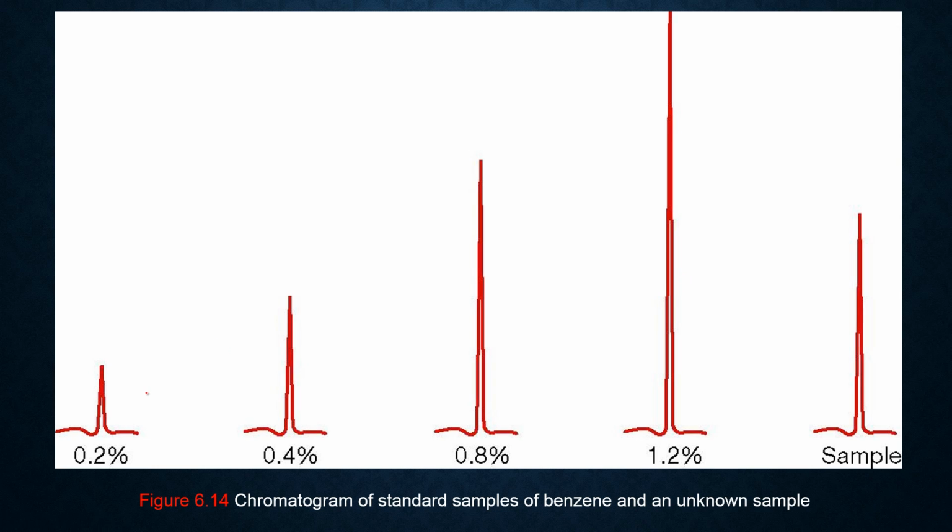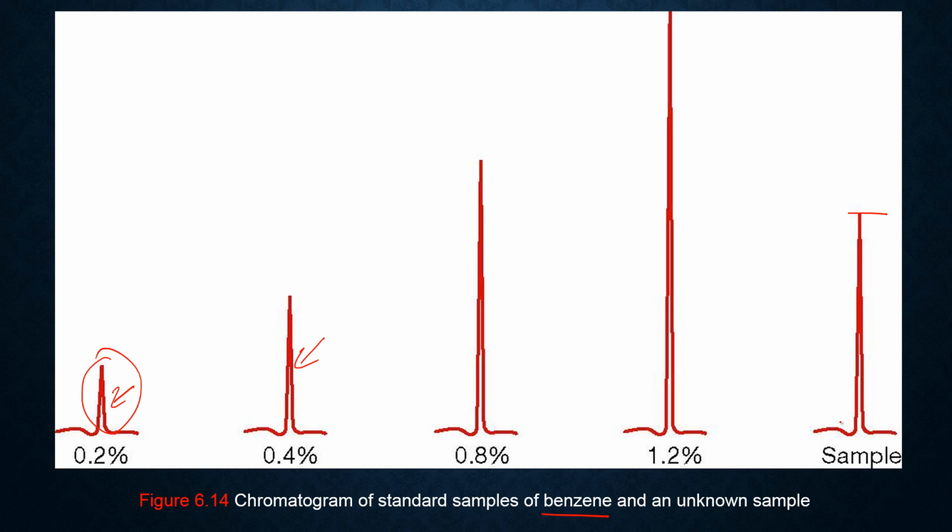And so that's where we run a set of standards of one particular type, such as benzene here, but we change the concentration of the benzene in our standard. So we run a chromatography experiment with 0.2% benzene, then 0.4%, then 0.8%, and then 1.2%. And then we run our sample, and we look at the peak height and the area underneath the peak,